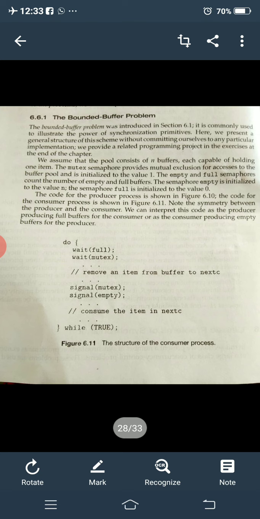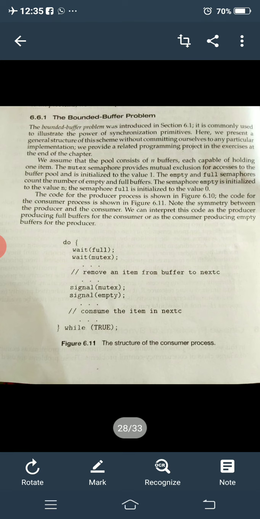Here we are using one extra lock, the variable mutex. Mutex is used as a lock here. In all the producer consumer problems we use the buffer for storing the data which is produced. If the buffer becomes full and the producer keeps on producing items, the data will be lost. So we are going to handle this bounded buffer situation by using semaphores, which were already discussed in the previous video.